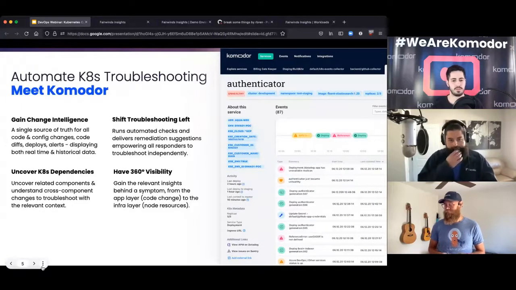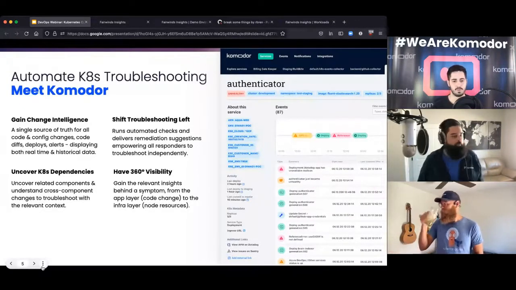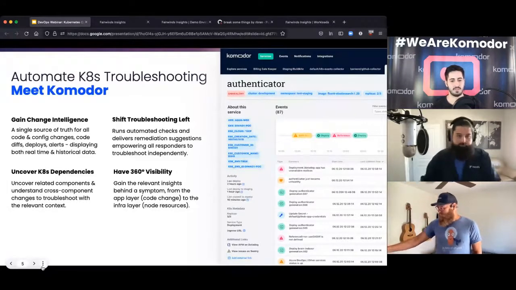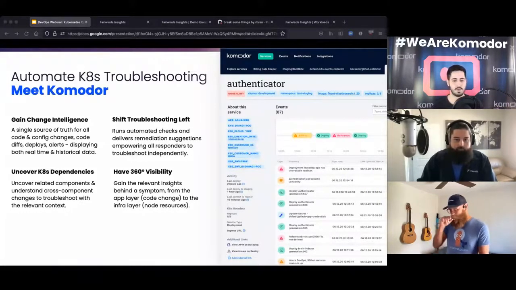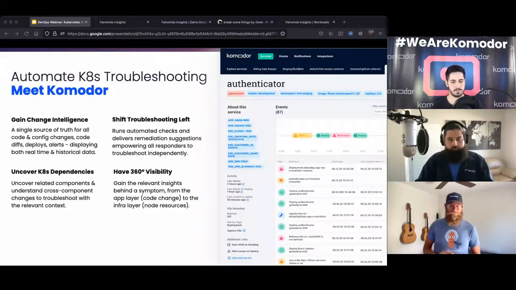So generally, Komodor is the first Kubernetes native troubleshooting platform. We give a variety of solutions on top of Kubernetes in order to help our customers maintain clusters and to prevent and solve issues on Kubernetes. As we all know, Kubernetes is a very large system with very high complexity and many capabilities and many things to know about the platform. So in order to make things simple and to solve them more efficiently, we created Komodor.